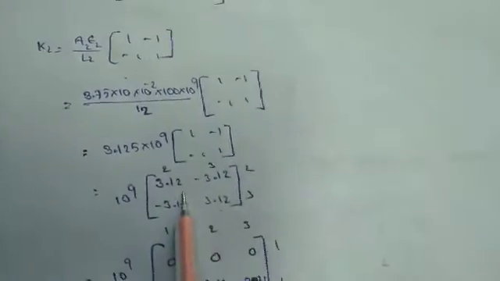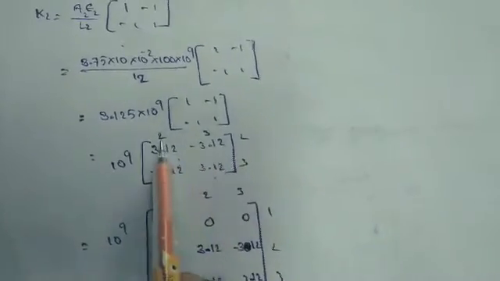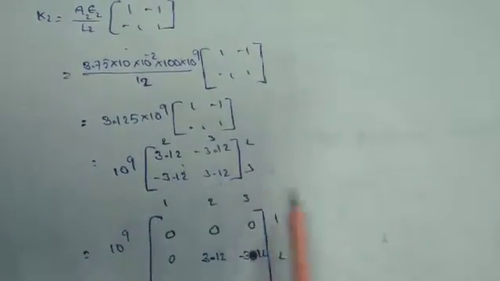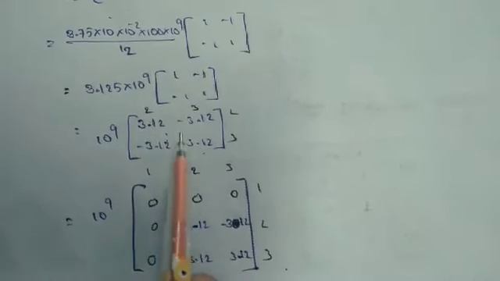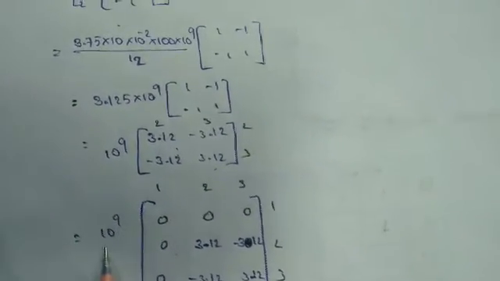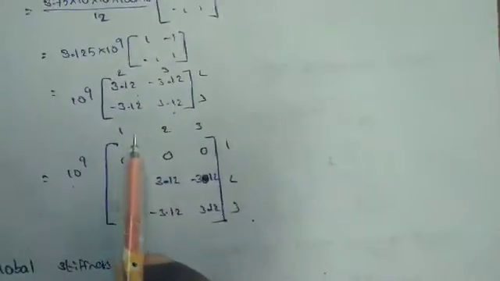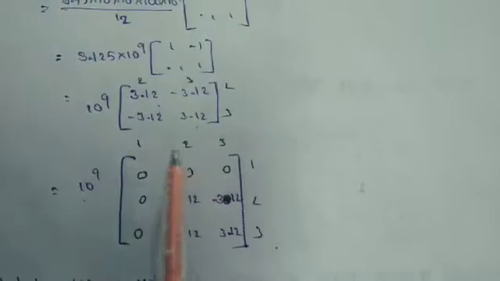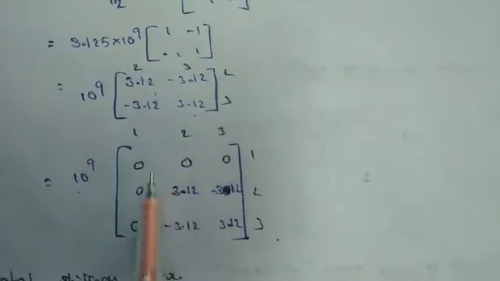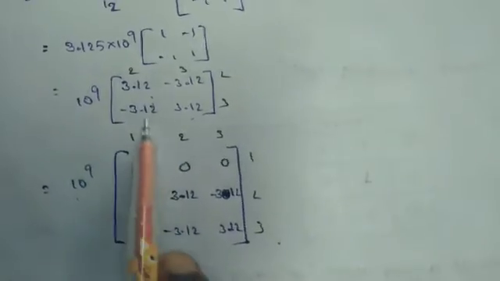Here this second element has the nodal numbers 2 and 3. Okay, you have to indicate 2 and 3 on top and right side of the matrix. Then you convert this matrix into the homogeneous matrix by keeping 10 power 9 outside and opening the matrix. I keep the nodal numbers first on top and right side. Okay, here there is no nodal number 1, so you have to keep the first row and first column as 0, and the remaining entries are filled with these values.